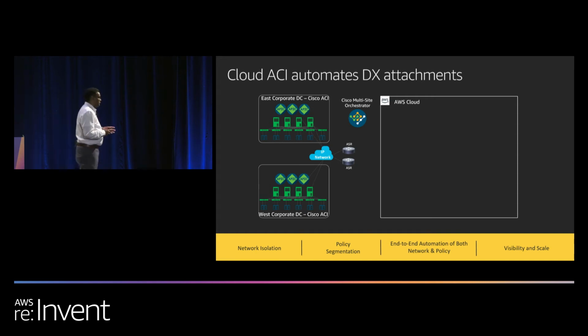We will also give you policy segmentation, even if you're running multiple applications, multiple tenants, and multiple admins in those cases. We will also give you complete end-to-end policy and network automation, so you don't have to do each step manually. That becomes scalable because in future, if you want to scale out to other regions, as well as connect to other data centers and colocation sites, it becomes seamless for you.